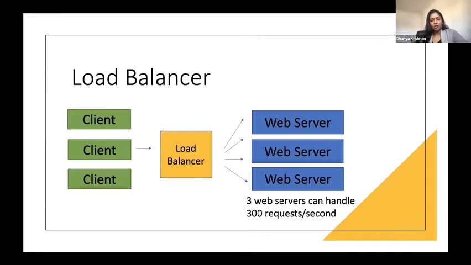There are a lot of different strategies that can be used. For simple understanding, you can think about round robin, which basically means the first request that the load balancer gets, it sends to the first web server, the second one to the next web server, and so on. So it goes like a cycle. It's one of the simplest algorithms you could think about.